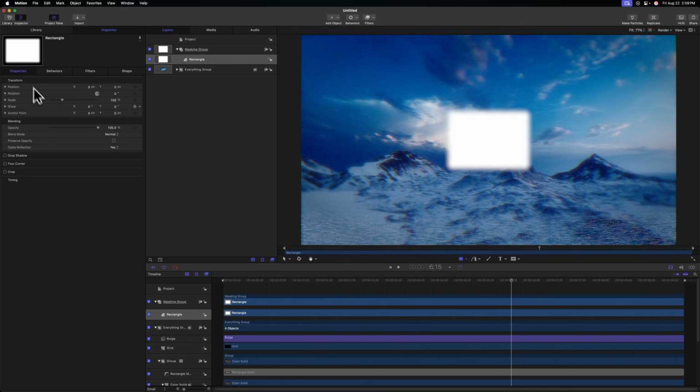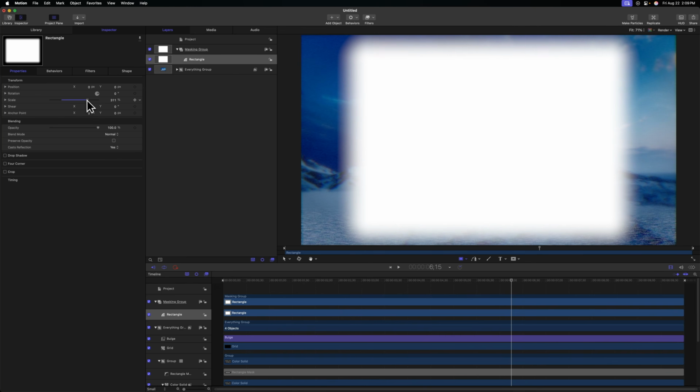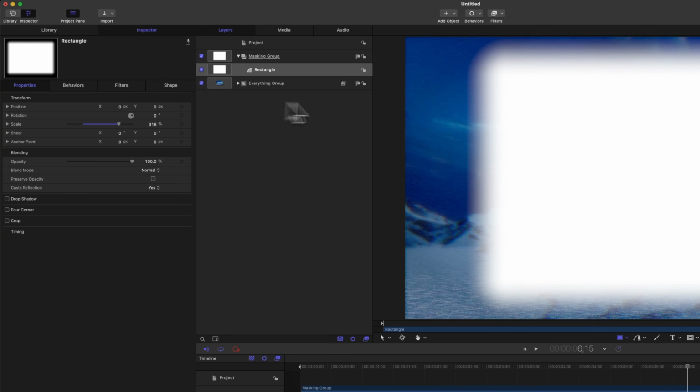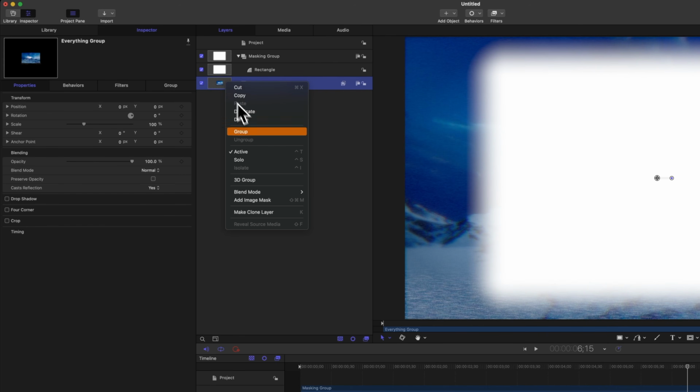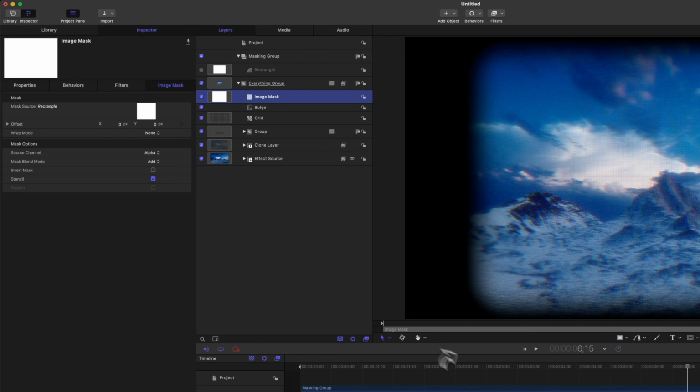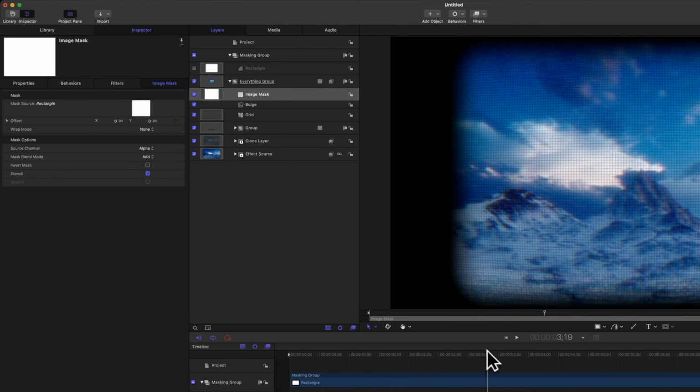Then we can go to our properties and scale up the entire rectangle so it fills our image, and that's looking pretty good. Somewhere in the 318 mark is looking great. And finally, we can right-click on the everything group and select Add Image Mask. Then we'll just drag our rectangle into that mask source, and now we have cut it out to a 4:3